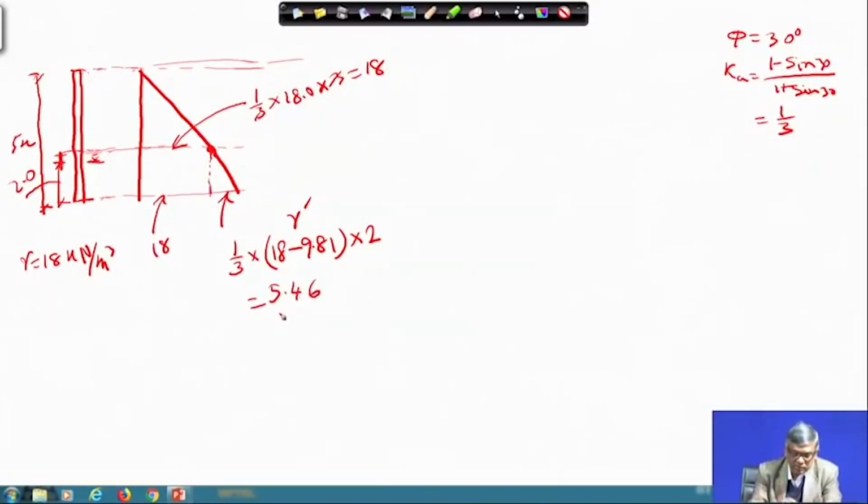So, we have got three parts, part 1, part 2 and part 3, and this is regarding only the soil. Now, since the water is there, water also will give a pressure on the wall. That water pressure diagram will be something like this, as I have already discussed, and this value will be